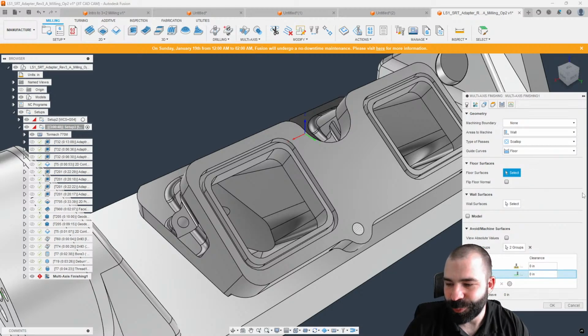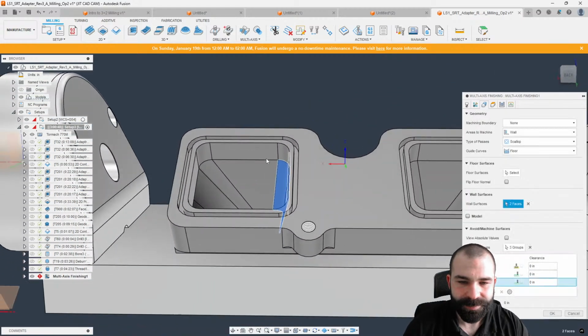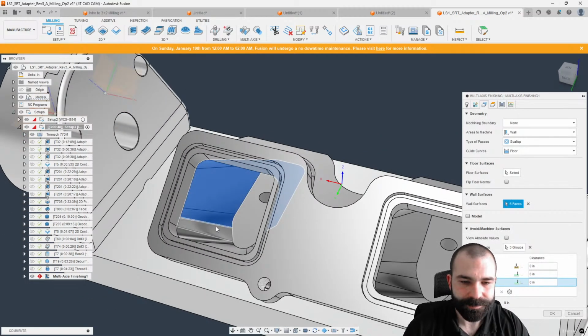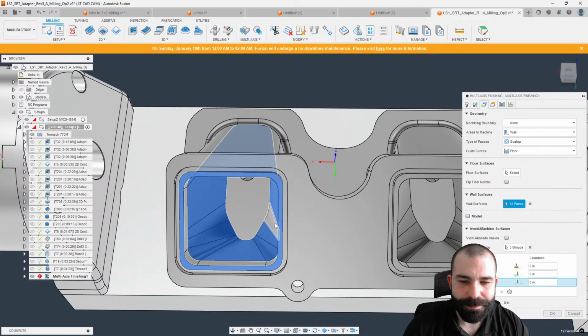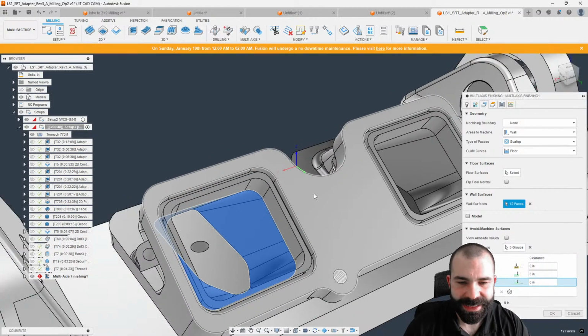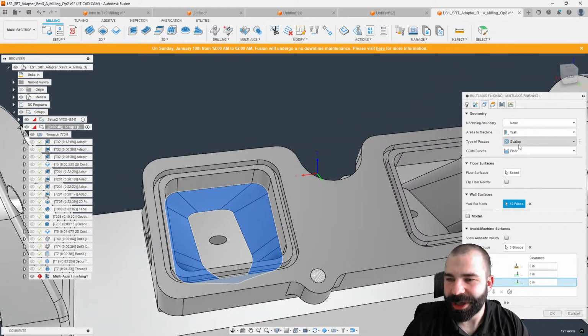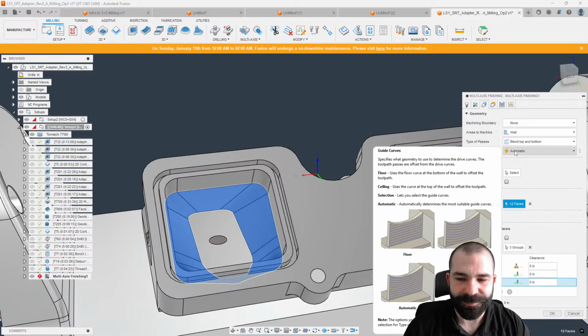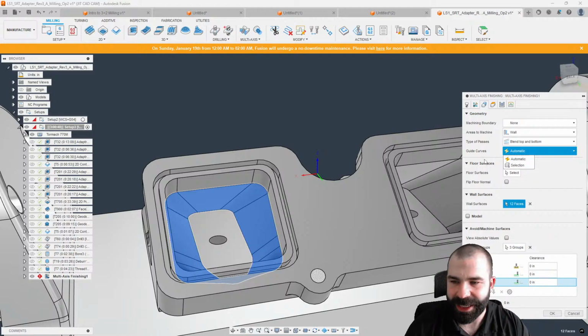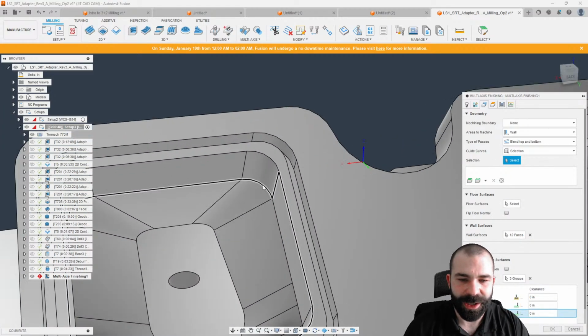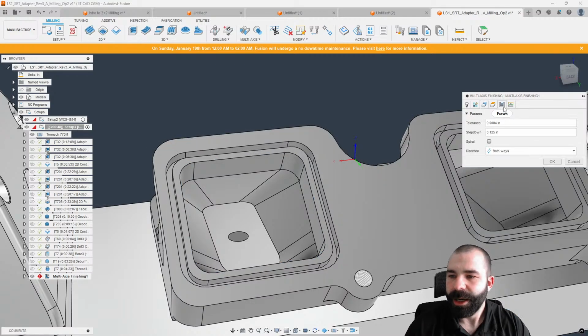And yes, Travis, you possibly very much could use flow. Now, I have my wall surfaces here. I'm going to go ahead and select these around. Now, I can never remember if this toolpath absolutely needs a floor or not. We're going to go ahead and try to send this without it. We're also going to blend top and bottom. I can create my curve to guide this, whether it be automatic, which means it's going to define it between the two, or as you're seeing, you have ceiling versus floor, and I could do a selected edge. So if I wanted to blend everything coming off this top edge here,